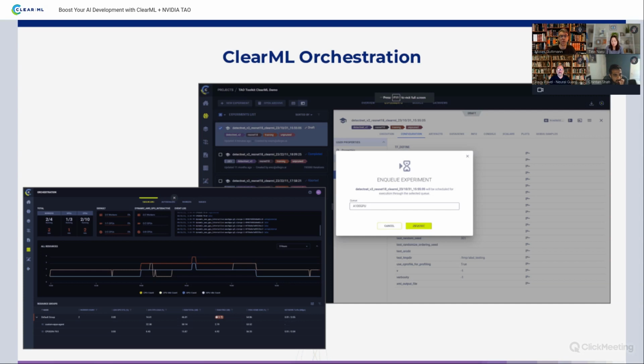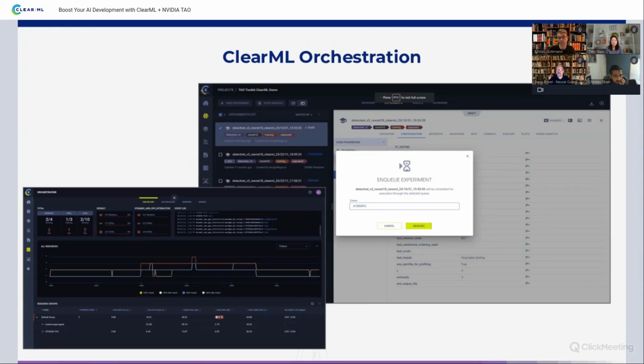With that in mind, after you have that, you can start to automate the process. And what we're seeing now is the process of actually repeating that same training and inference that we started with TAO directly from the ClearML UI. So on the left-hand side, we can see the dashboard, all the different machines connected to ClearML. So this might be the autoscalers, a Kubernetes cluster, bare metal machines connected. On the right-hand side, we can see how we can launch a pre-existing experiment, the one that we just created with the NVIDIA TAO, creating a new one, cloning it, changing some parameters, and sending it for execution on the cluster that we have pre-set up or pre-configured.